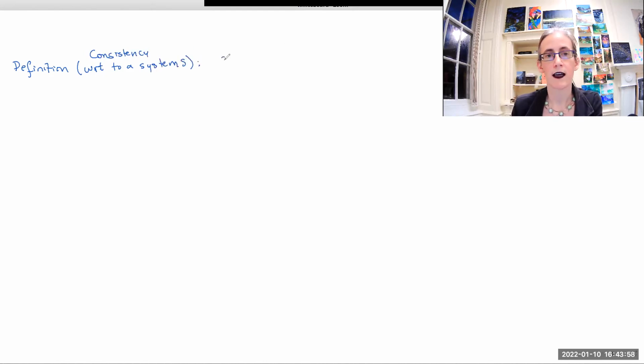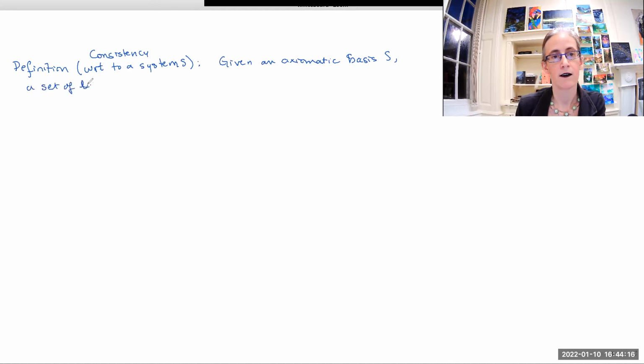So what we will say is that, given an axiomatic basis S, and of course some proof system that grows upon this, we will say that a set of well-formed formulas lambda, I'm not sure we've ever had lambda before, or at least not in a long time. This symbol here is a capital lambda. It's often used to indicate a set. So we have a set of wffs lambda that is going to be S inconsistent